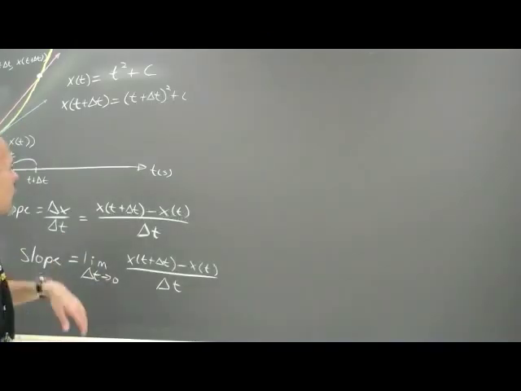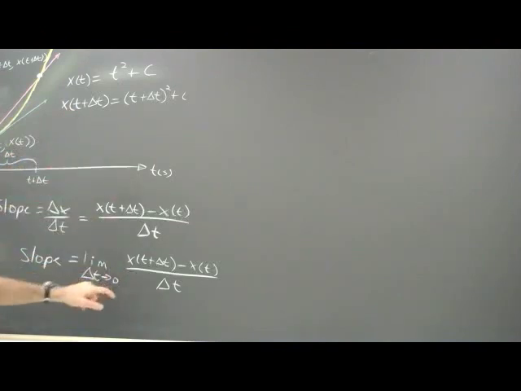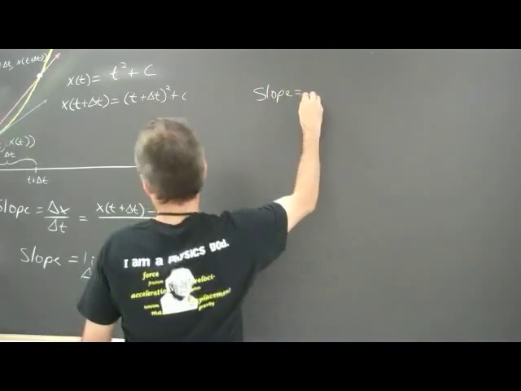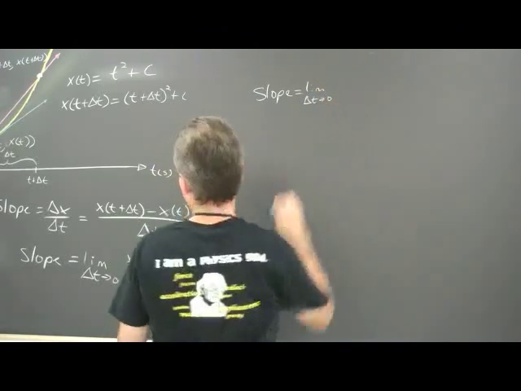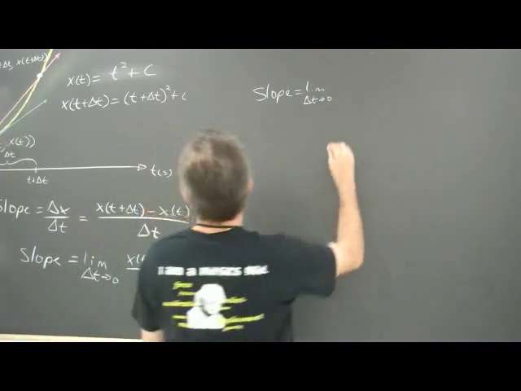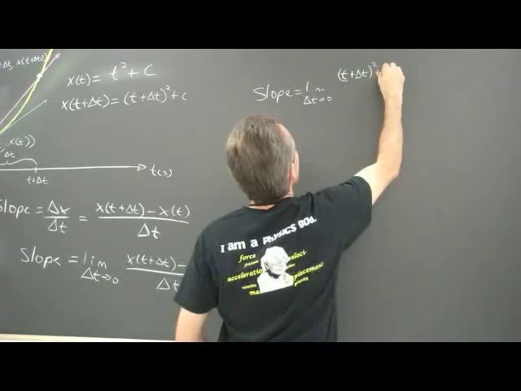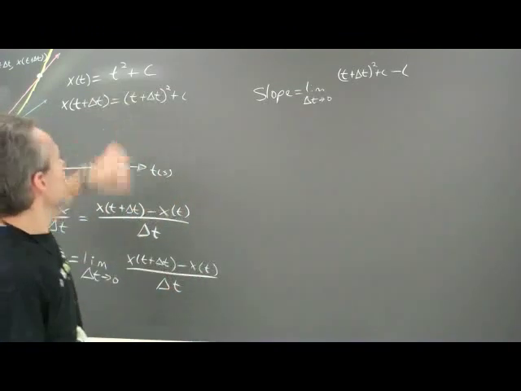Okay, so here what we've got is this slope equation for the secant line. And here are the 2 points, x evaluated at t and x evaluated at t plus delta t, that I'm going to be plugging in here. And so my slope becomes the following. Slope will be equal to the limit as delta t approaches 0 of plugging this in for this first quantity, I get (t plus delta t) squared plus c minus my x evaluated at t, which is t squared plus c,